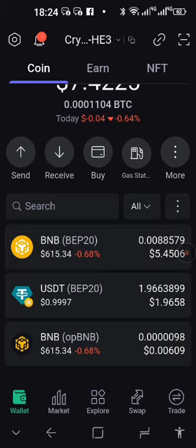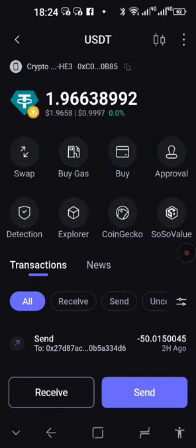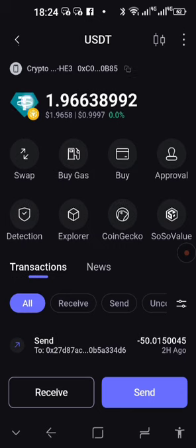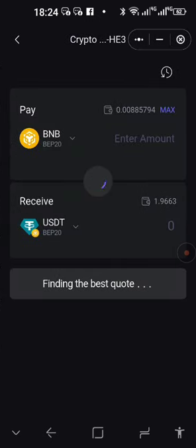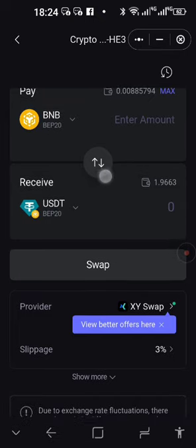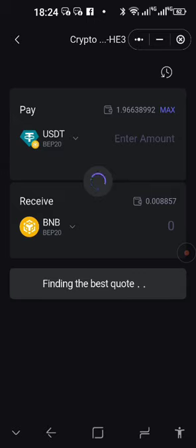Right, first of all, you're going to press on USDT, and then on SafePal, the swap feature is right below the icon. Press on the swap icon, and then you will get this picture here. So take note that the one that you want to swap, to pay with, must be at the top. So use these arrows in the middle, and you can just swap them around.